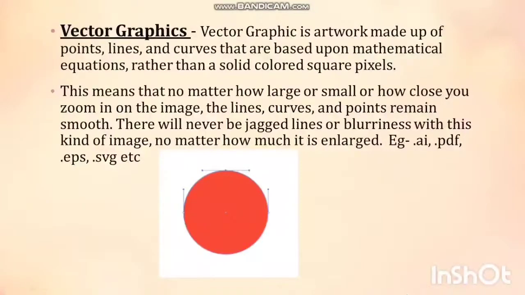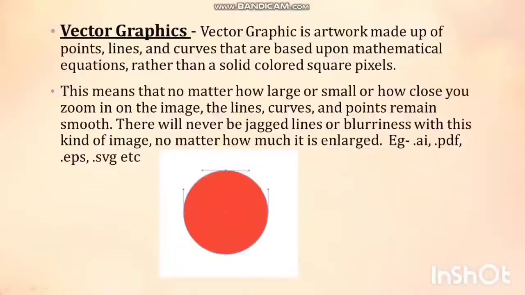A few examples of image extensions of vector graphics are .ai and PDF. With the PDF format we use generally, you would have noticed that however much you enlarge it, the images are very clear. And there are .eps and .svg as well. Not only the PDF format which we might be using in day-to-day life, all the other formats are not something which we generally use.